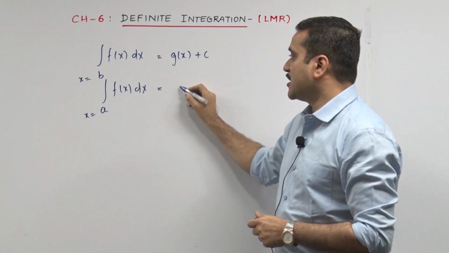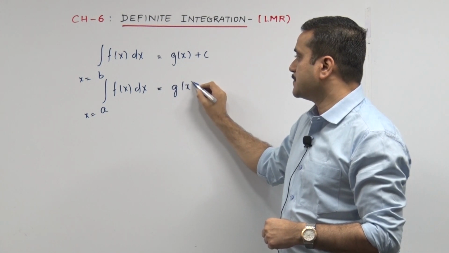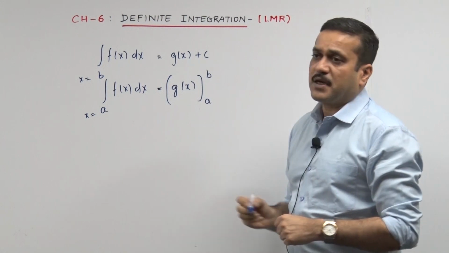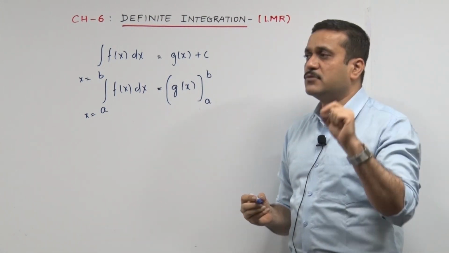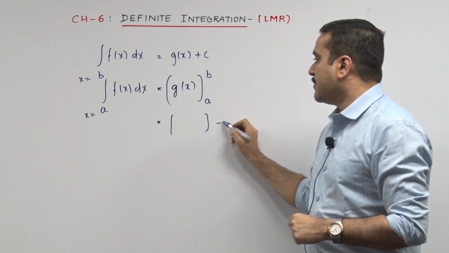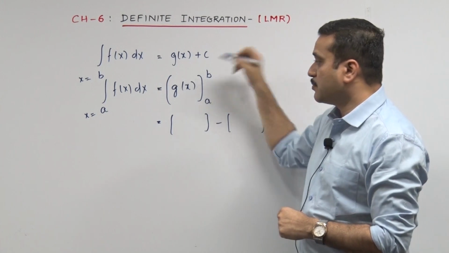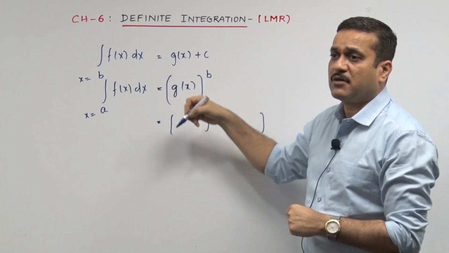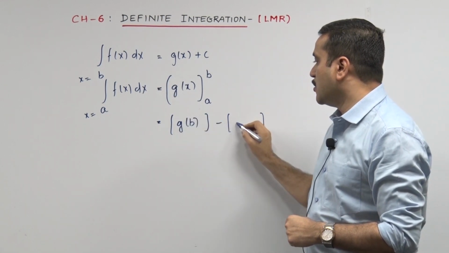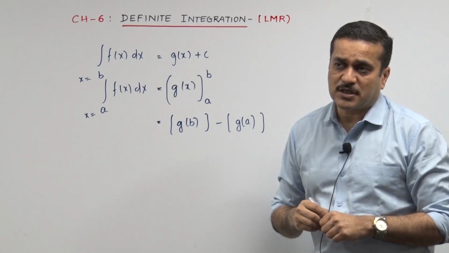Let us say on integration you got the answer g of x. You take it from a to b. Now you may be thinking, sir, you skipped plus c. Give me one more step of time. Then we go box minus box. I mean to say, that's the upper box, we need to put our upper limit b in that. So we go g of b. And that's the lower box, we go for g of a. Now that gives you the answer.